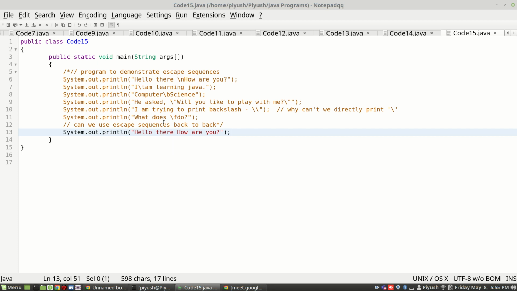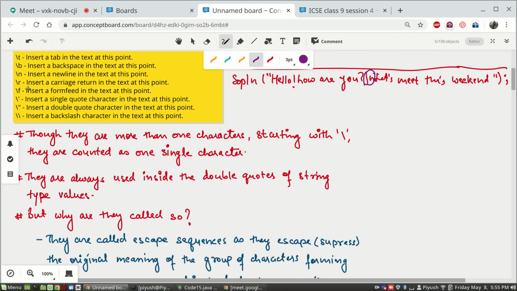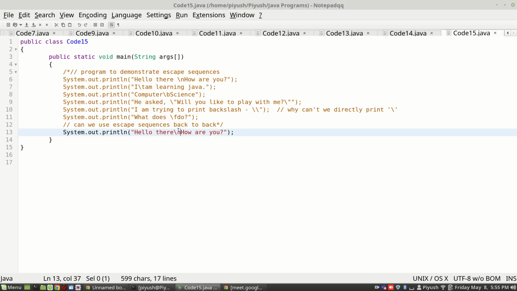However, if after hello there you want to change a line, what you can do is immediately write after that \. The moment \ starts, the computer understands you mean to use an escape sequence, and you write \n, then it will look for which type of escape sequence it is matching. So if it is matching the new line character, at that place while printing it will print a new line, which means change line on the screen. And then immediately after that it will get hello how are you question mark, so that will be printed in the second line.